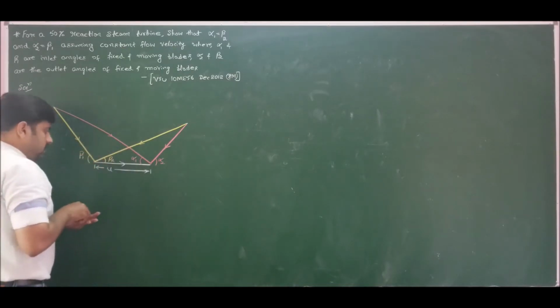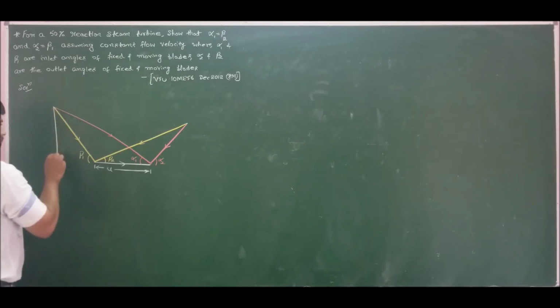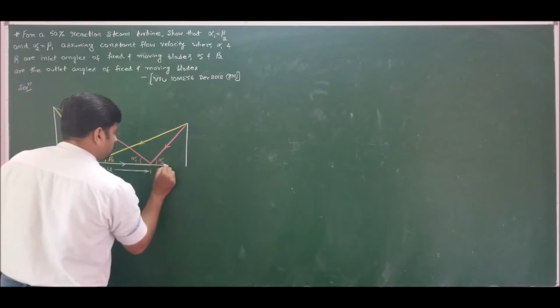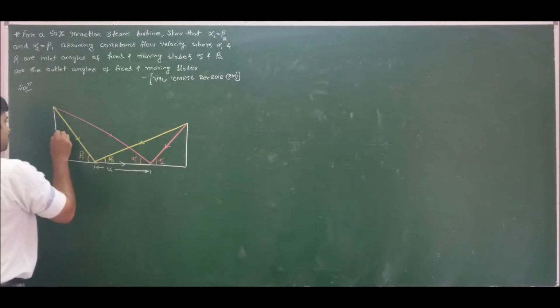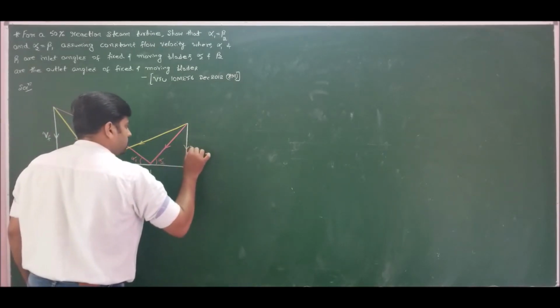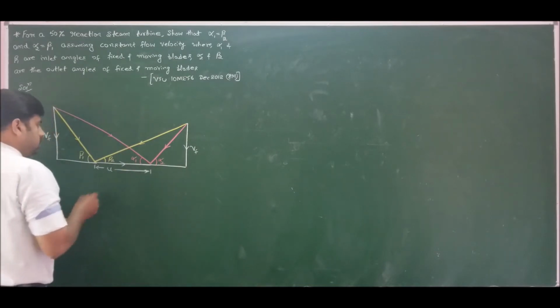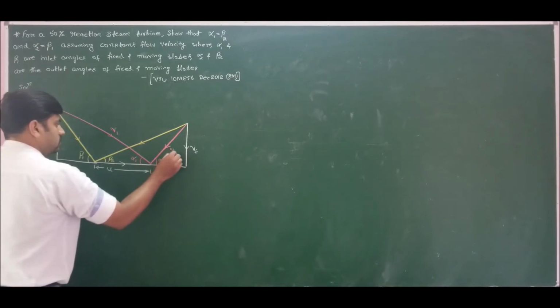Apart from this, it is stated to consider flow velocity as constant, so therefore I should take Vf1 is equal to Vf2 is equal to Vf. Flow velocity is constant, so I will mark it as Vf. Here also it will become Vf only. Now absolute velocity is the reference to mark the base. We have V1 and V2.